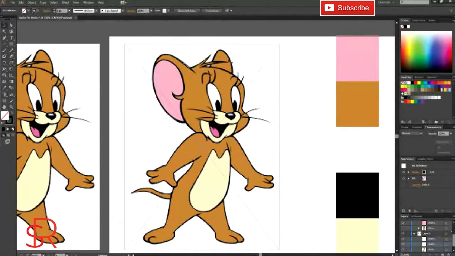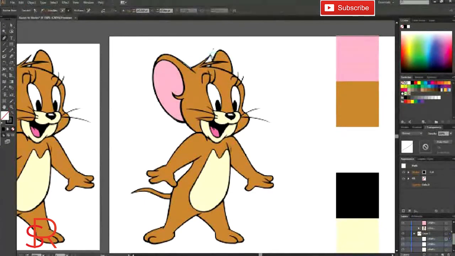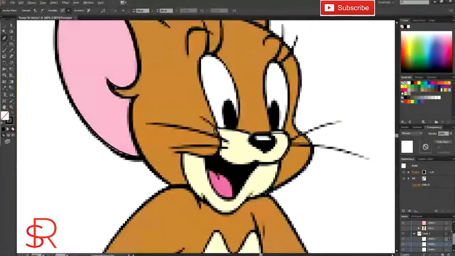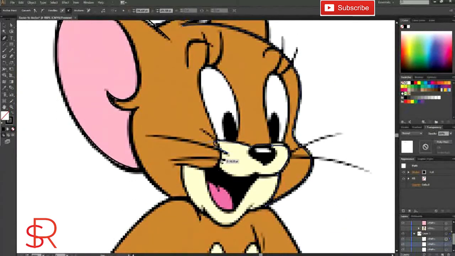While making the structure and giving the shape, we have to make sure that we give the exact amount of curve, and after that whatever detailing is there, we have to work on it with patience so that we can get the result accordingly. So this is another example and another method to convert a raster image to a vector image. Just keep on watching so that you can learn it.